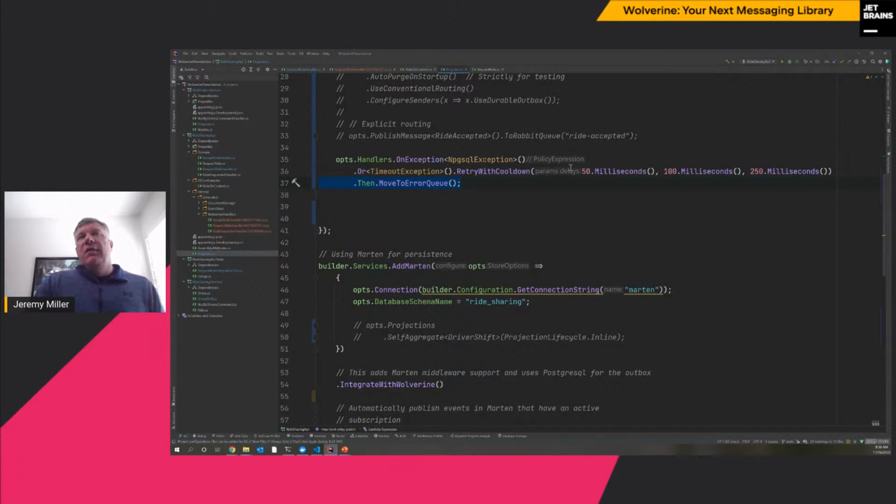So by doing this kind of retry with cooldown, it's enabling us to throttle the system a little bit. Because what you probably have is some kind of distressed resource, like a database, maybe a web service, something where it needs to just get a few less things going to it, give it a chance to recover. So we're purposely slowing down the rate of messages coming in. That's one thing to do. Another,